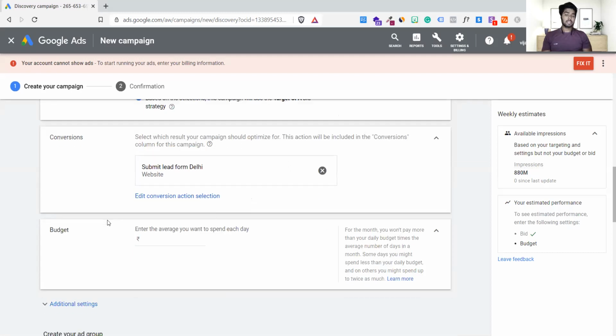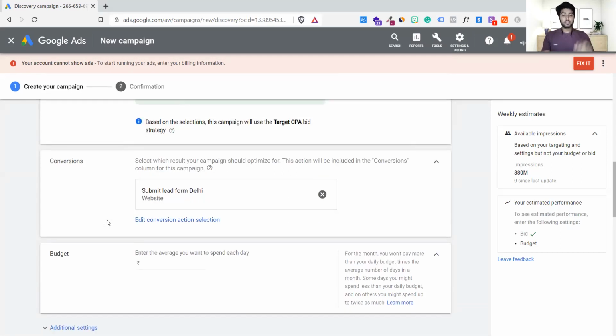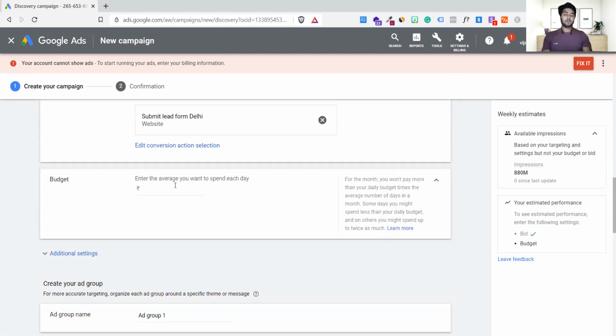The moment I click on this, it means it is my custom conversion set for this campaign, and whatever data is going to be there is going to be stored inside this. So this is my conversions, and without conversions, if you start running ads, it is a straight loss for you, because you will never know whether people are coming or not. Google can only help you when you feed Google that this is my conversion value, this is my audience, please help me out. If you are not tracking it, Google is not going to help you.